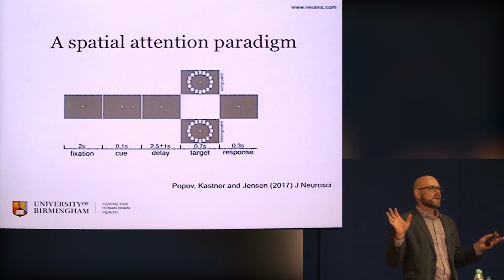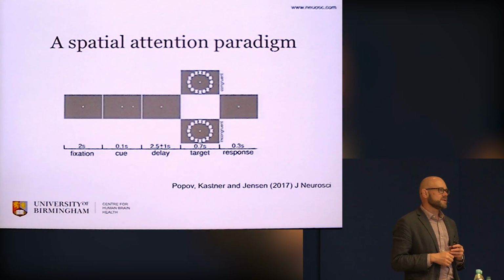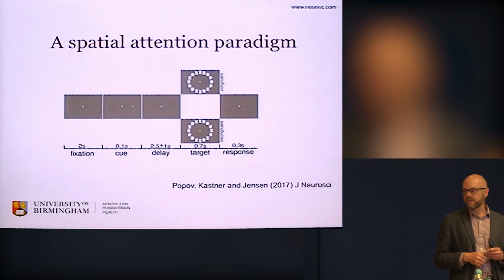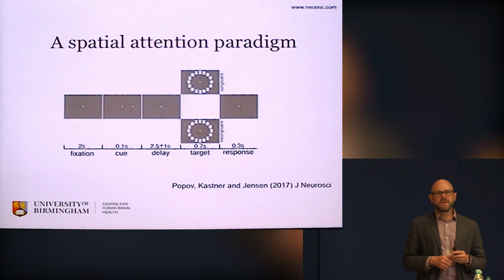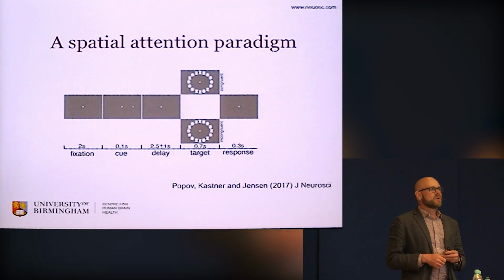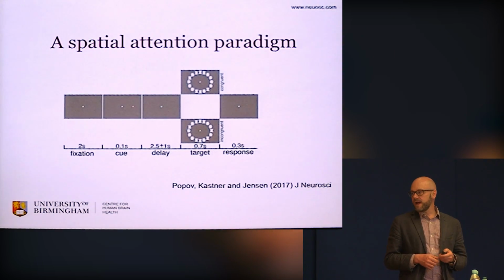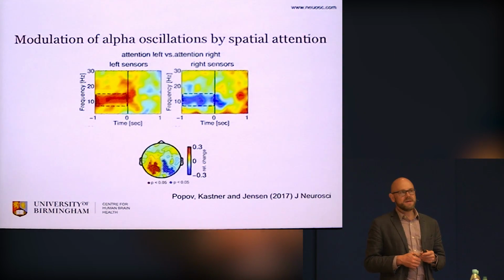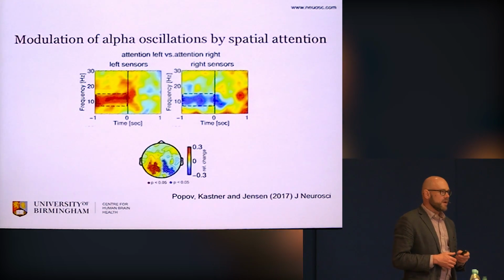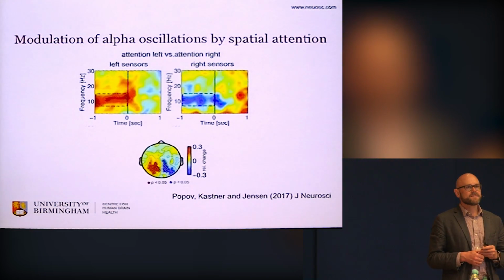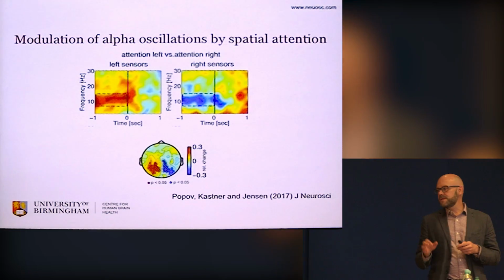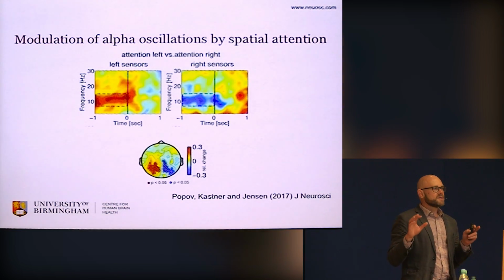Now we just sort the trials according to left versus right attention, just to keep things simple, right? So when we do this covert attention to the left and the right, what you typically see with EEG and MEG data is this hemispheric lateralization. So the time frequency representations you see here on the top right plot